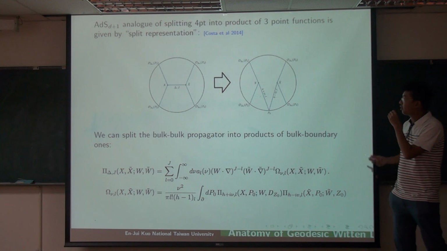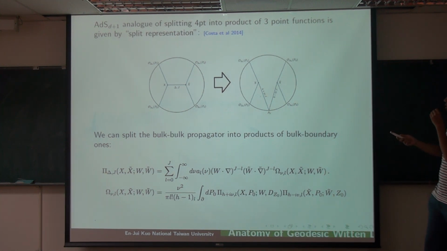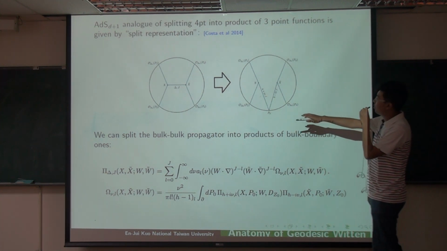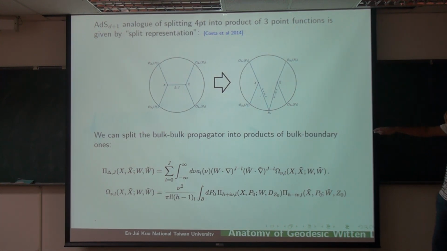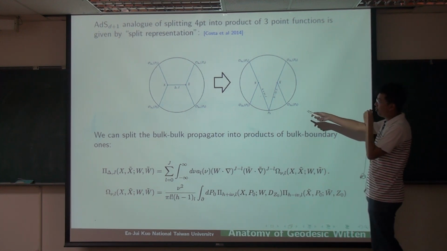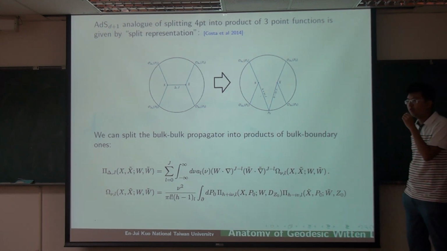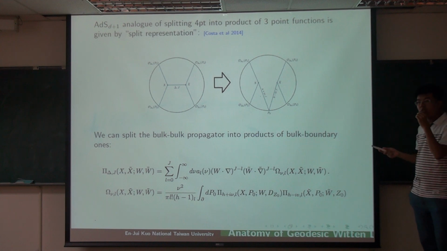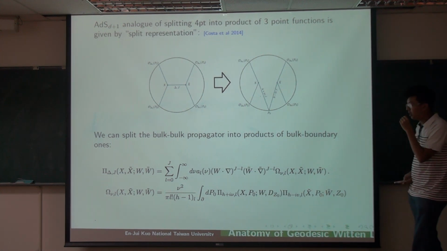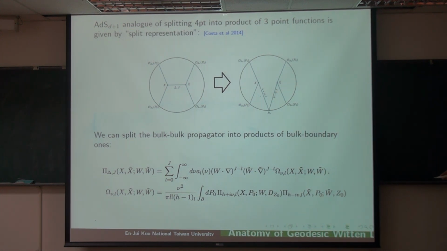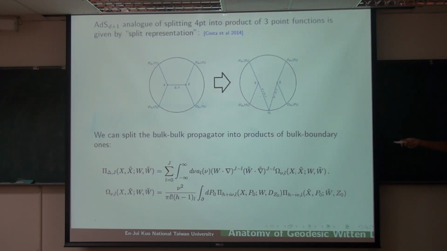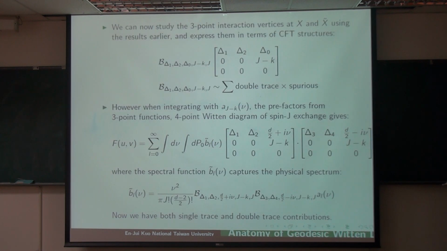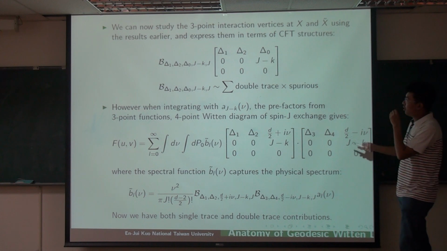So now the first ingredient is we can split the 4-point Witten diagram into geodesic Witten diagrams. We use the split representation. So now the split representation can cut the middle line of the propagators into two propagators connected to the boundary. So the result, this is just some equations we use, and these are some meromorphic functions in these propagators. So now we study the cut